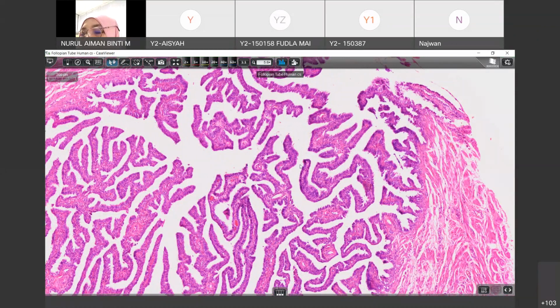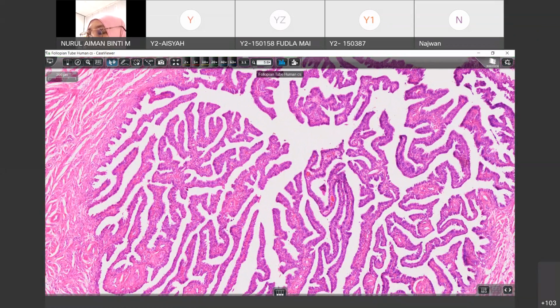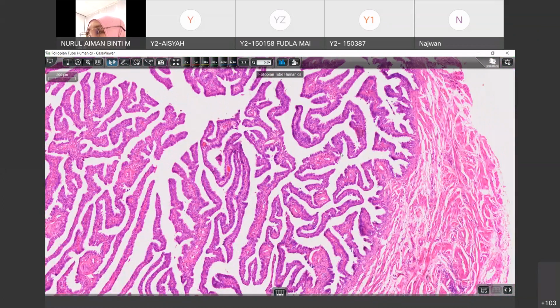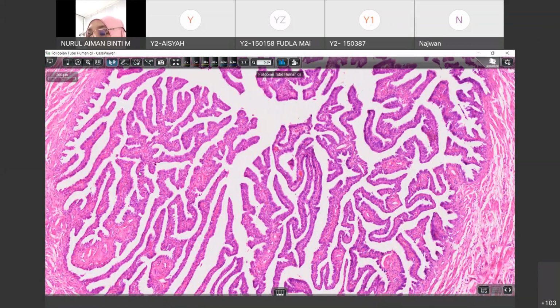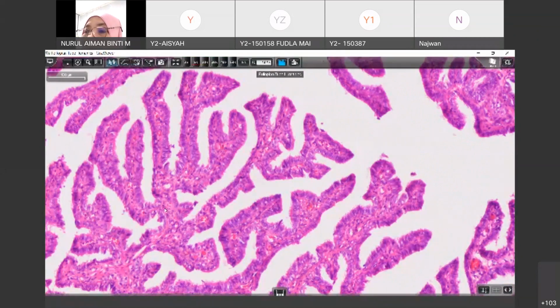Yes, very good. The ampulla region is very dense with a lot of folding of the mucosal layer, because this is a very packed area. Okay, the mucosal layer is very packed here at the ampulla region, where the ampulla region is the common part